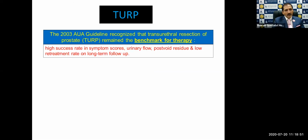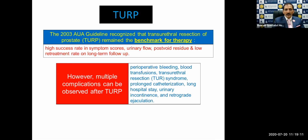So TURP, or transurethral resection of prostate, as per the 2003 AUA guideline, recognized that this is the benchmark for therapy when we consider interventions. And this was mainly because of the high success rate with symptom scores, urinary flow, post-void residue, and low retreatment rate on long-term follow-up. However, there are multiple complications which have been observed after TURP, which includes perioperative bleeding, blood